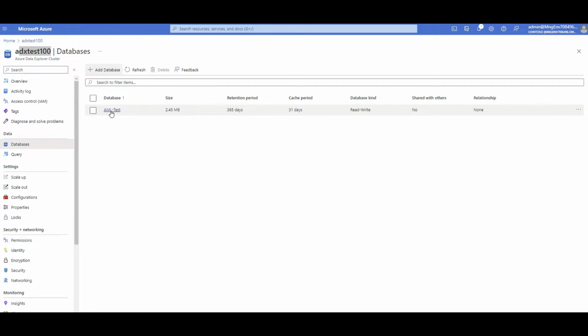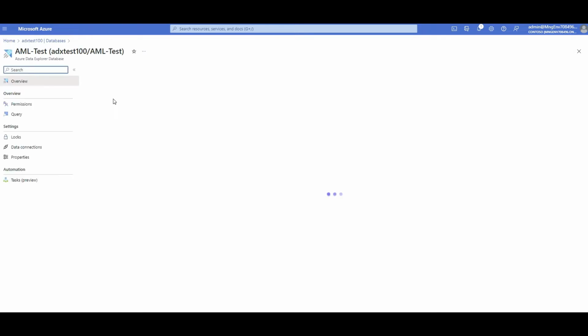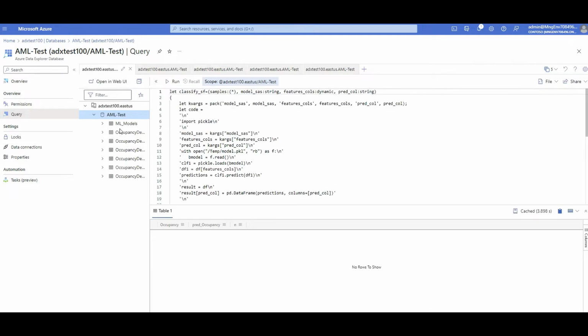How I actually did it, because I downloaded the data before, was I created a database and clicked on the database here. If you go to the query section, you can also do some sort of queries here, and you can check out all the tables that I have. So these are the tables that I created, and if you want to create one, you just need to right click on the database that you have,